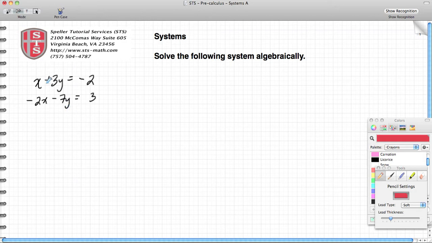First, we see that in both of these equations here, we have two unknowns. And when you have two unknowns in an equation, you need to eliminate one of the unknowns to be able to solve the equation. In this particular example, I see that I have a negative 2x in my second equation and just an x in my top equation. So to eliminate the x variables, I'm going to go ahead and multiply each one of my top terms by 2 so that when I combine these two equations, the x variable is eliminated. So let's go ahead and begin.